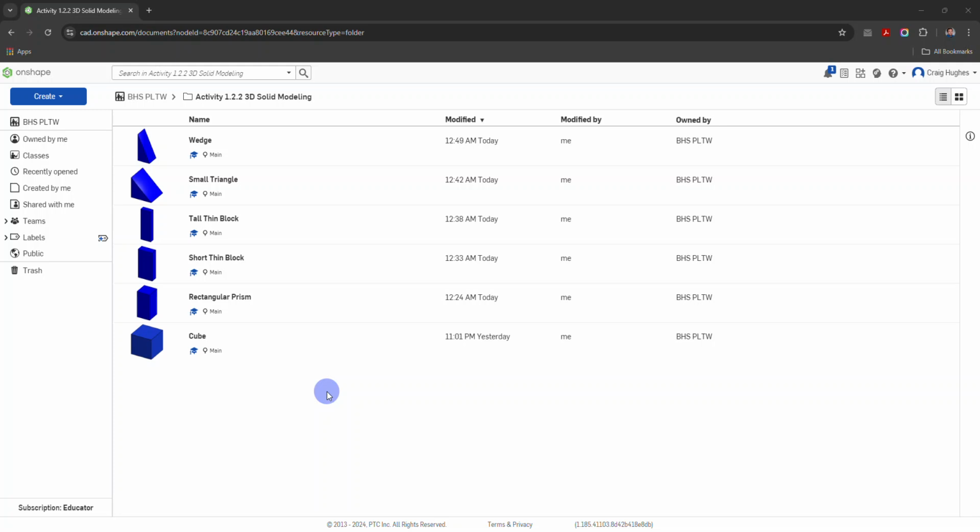In this video, we're going to model a cylinder which represents the first of the circular shaped objects within our construction block set for activity 1.2.2 3D solid modeling in IED. Here we've already modeled 6 construction blocks. We're going to continue on to create our 7th one, and we're going to do that by making sure that